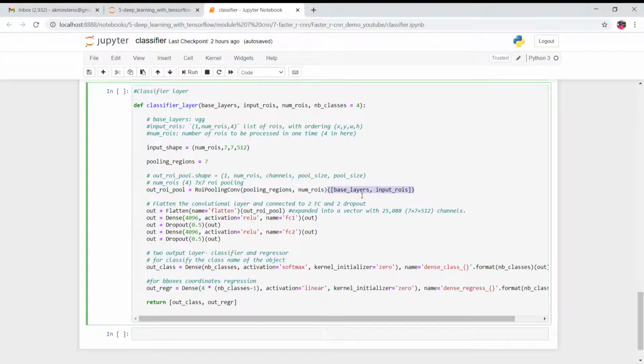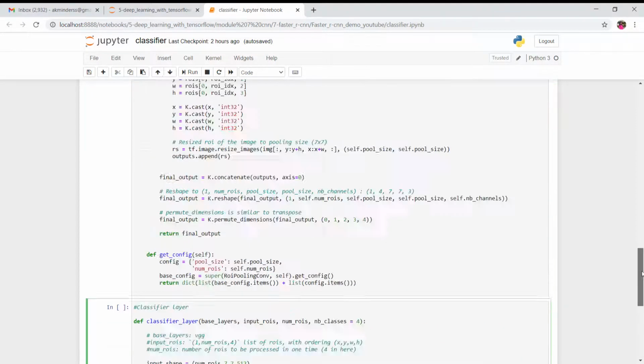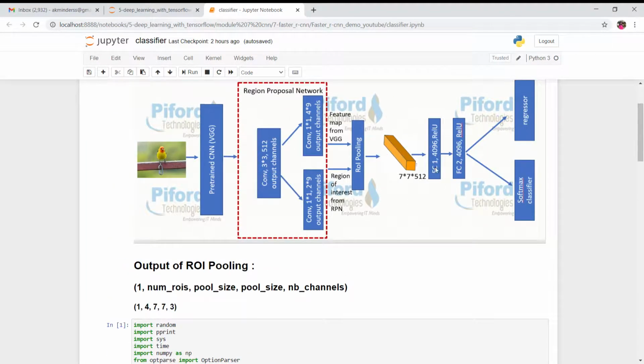Base layer means the output from VGG, the feature map from VGG, and input ROI simply means the output we get after RPN, right? We are giving this input to ROI pooling conv, and finally we are getting the reduced output of 7 into 7 into 512, and then we are flattening it. Why are we flattening over here? Because we are using a fully connected layer, and if you want to give data to a fully connected layer, then you have to flatten this data.